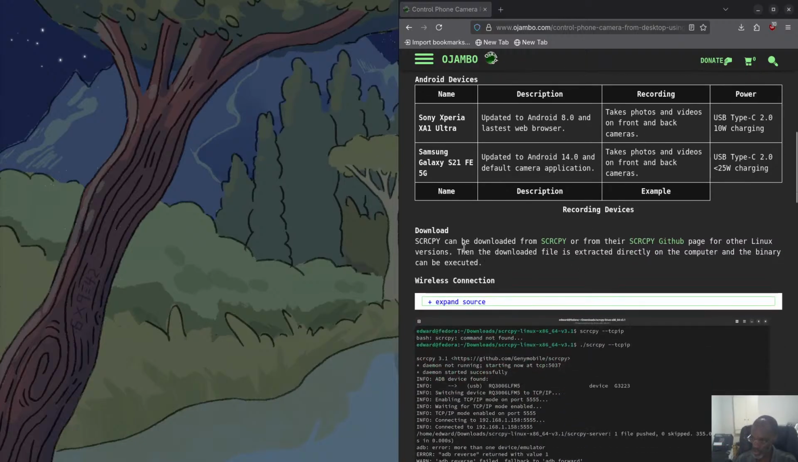Okay, so SCRCPY can be downloaded from obviously the SCRCPY website. They also have their GitHub page. So I'm gonna go and open that up. I was going to use a different web browser, Chromium, but actually I don't need to. I can stay here. I think I'll just